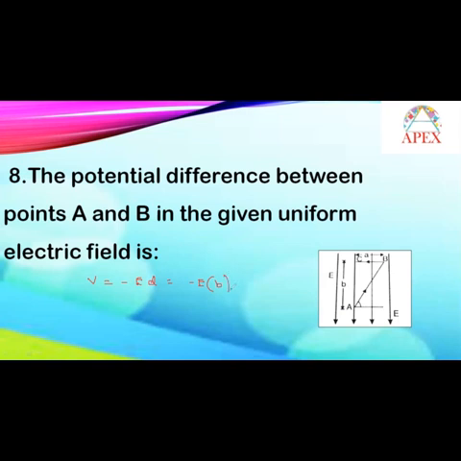But here, in the direction of electric field, we know that potential always decreases. That means VA is more or VB is more? The direction of electric field is along the downward direction. That means at point B the potential is more, and at point A the potential is less. But they're asking here the difference VA minus VB.